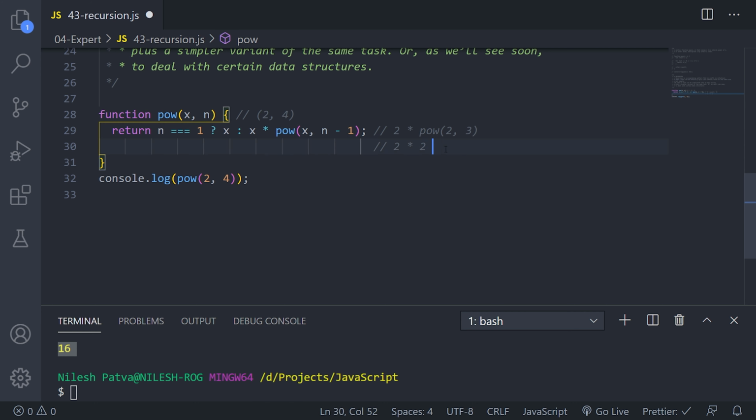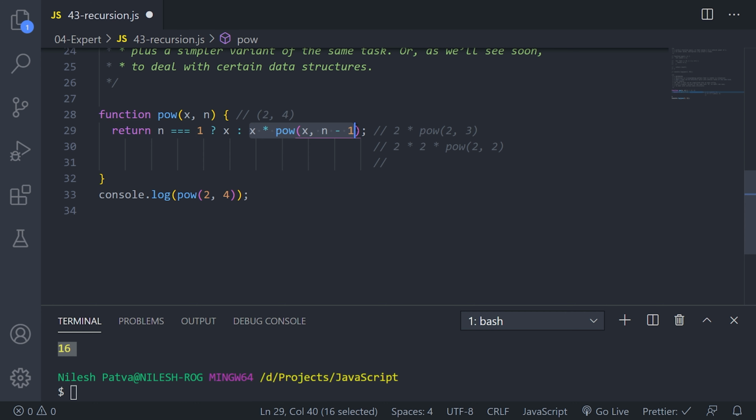We'll write power, and then again x is 2, but now 3 becomes 2 as we are reducing n. Now again this function will be called, it will check whether n equals 1 or not. Again n is 2, that is greater than 1, so this condition fails, that's why it comes here.